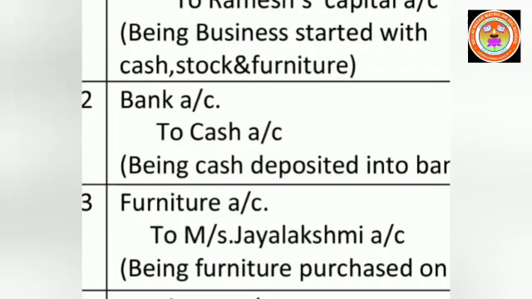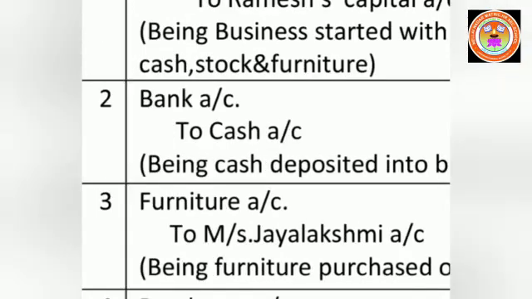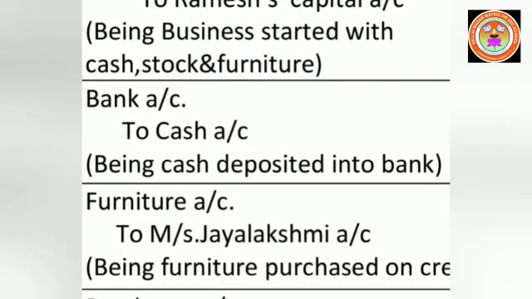So according to personal account, banker is the receiver, so bank account must be debited. Debit the receiver. Bank account here is debited. Then what goes out? Though he deposited his money in his own account, the money goes from the business to his bank account. So money goes out. So according to our real account rule, credit what goes out. So to cash account must be credited.